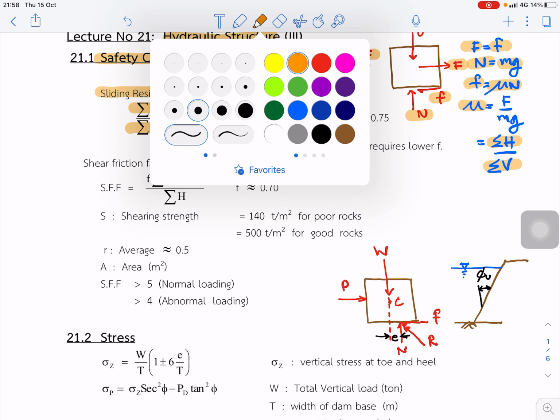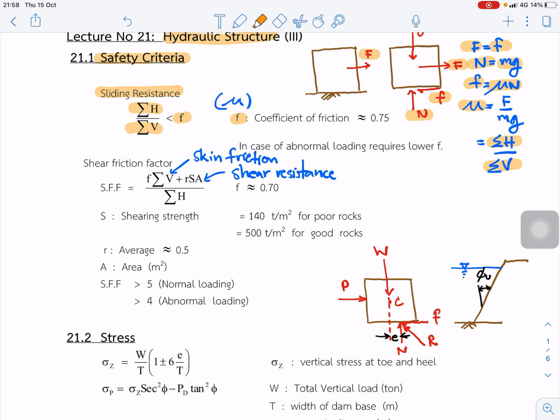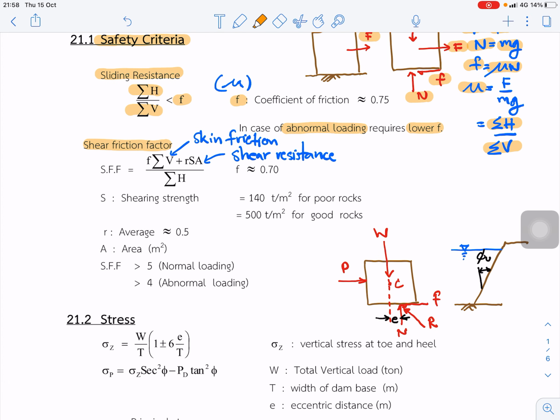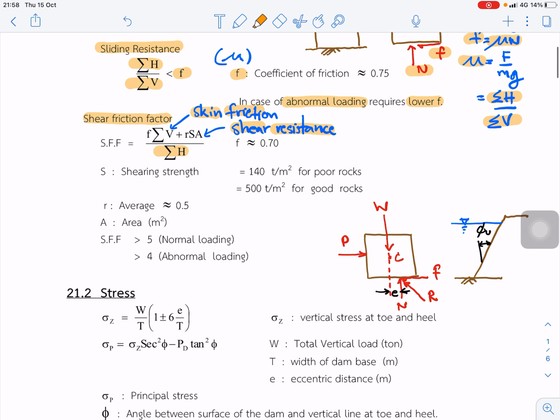And in case of the abnormal load, the required friction factor is less than 0.75. The next safety criterion, we call the shear friction factor, comes from the friction, skin friction, plus the shear resistance divided by the summation of the horizontal force. And for the shear friction factor, the term S is the shear strength of the material at the bottom foundation of